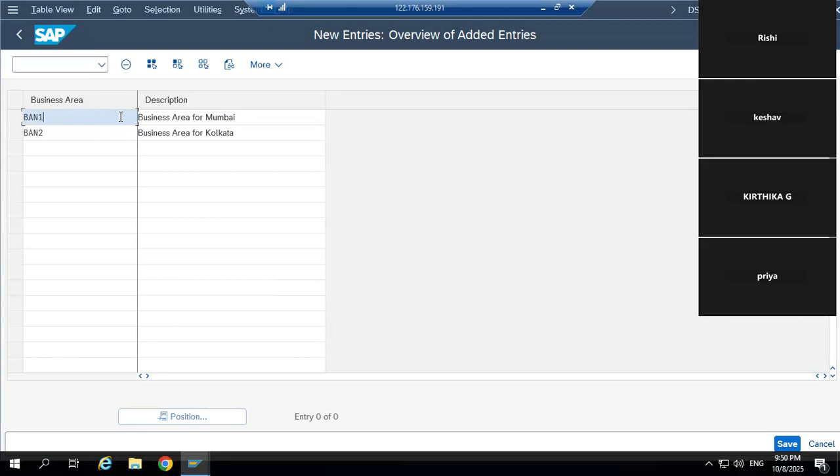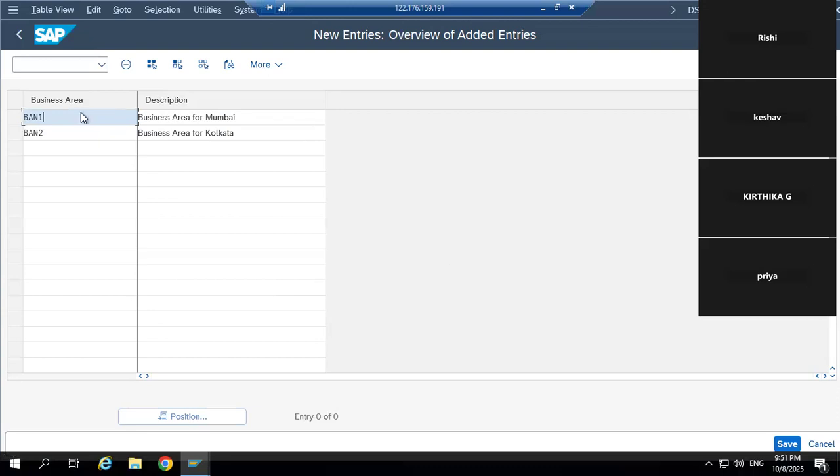SAP cannot tell you what you were thinking. So you have to note down each and everything. If you note it down, then only can you tell SAP what you created, and then SAP will search for it.